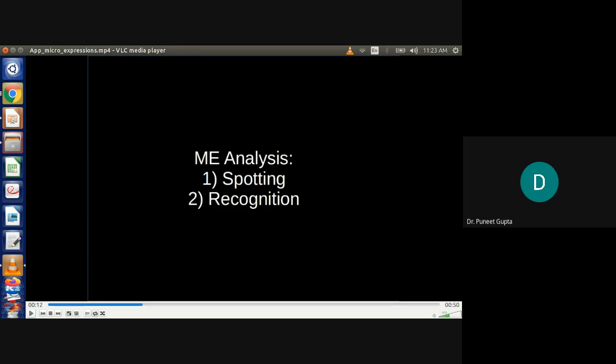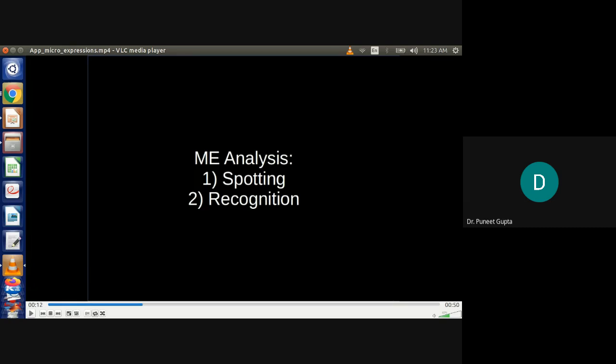Now what I'm going to show you is that, just as I was saying, a micro expression persists for a very short duration, mainly 1/3 or 1/5 of a second. And not only is the duration short, but the impact is also quite small as well. If we are laughing, everything looks obvious, we have teeth and all. These things are not there. So very small changes are there on the face.